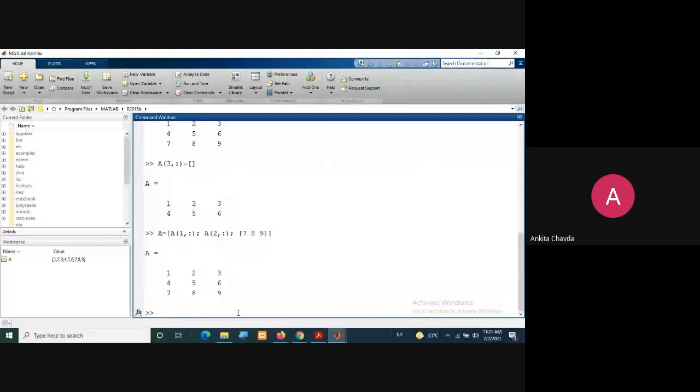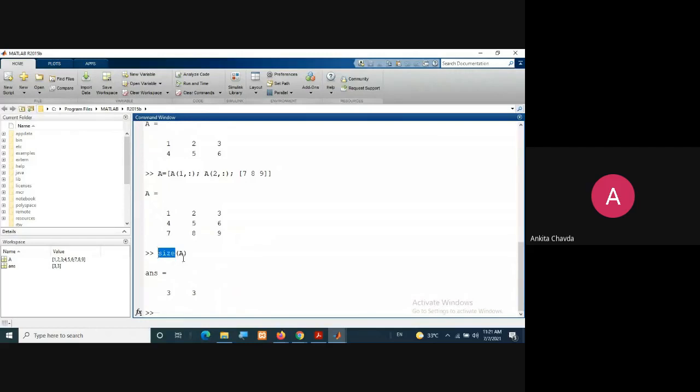Suppose I'm starting i equals 0, then i less than this, i plus plus, so I should know the number of rows and columns in my image. For that, the method is size. Here I know the size of my matrix A, so I have written this. I'm having 3 rows and 3 columns.